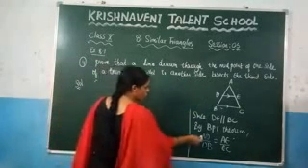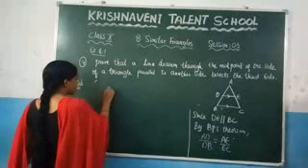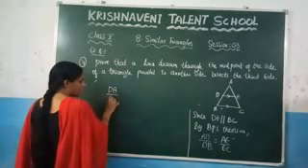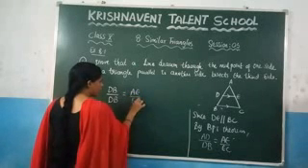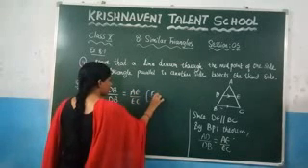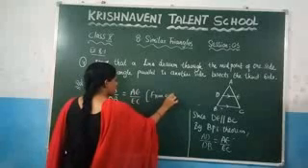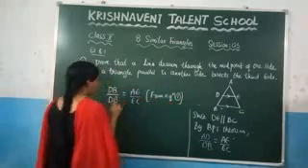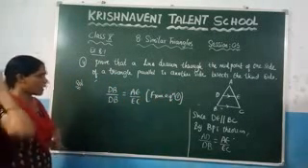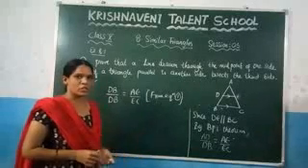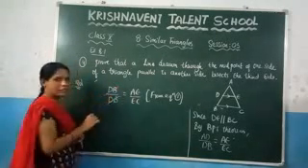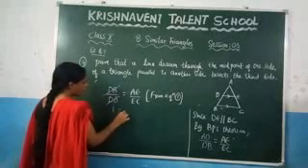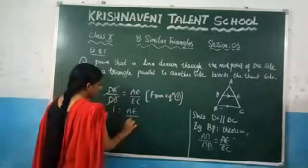So in place of AD, you can write it here DB. Write it here DB by DB is equal to AE by EC. Why? Because from equation 1, since D is the midpoint of AB, here in place of AD you can write DB. So here this one will get cancelled. What you will get here, 1 is equal to AE by EC.